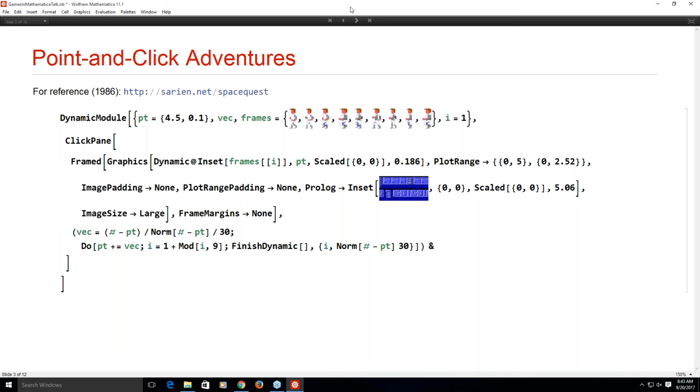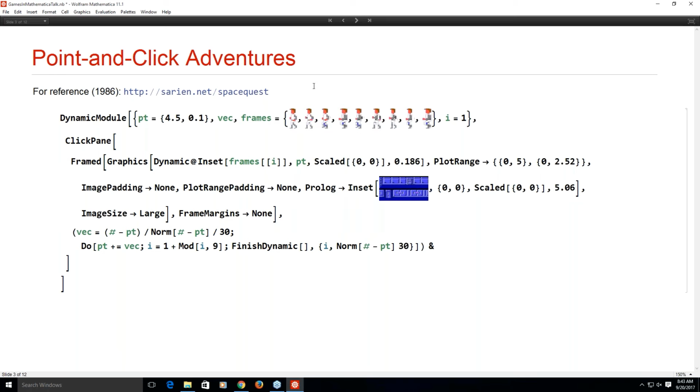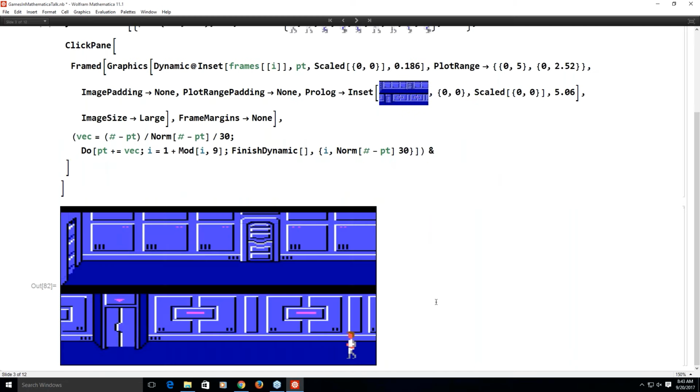I'm not sure how many of you are familiar with video games, but there was a game that came out called Space Quest, made by Sierra, in which you controlled a very pixelized character, because this is an old game. But it was pretty fun. You would go around the map, walking around, interacting with objects using a click interface. And because it's a point-and-click adventure, Mathematica does have an interface already built in that does this as well,